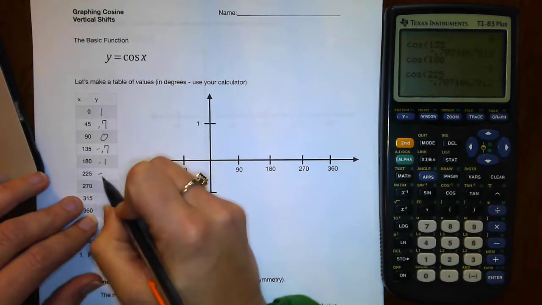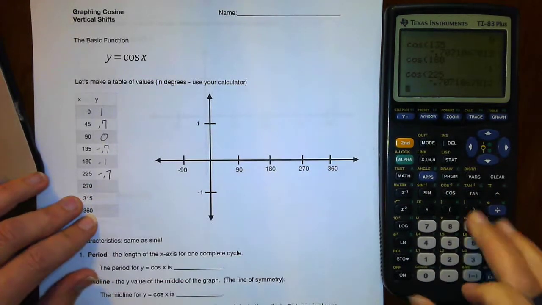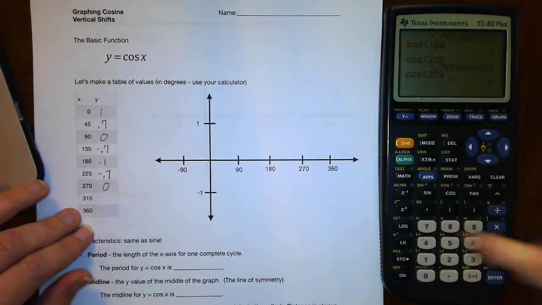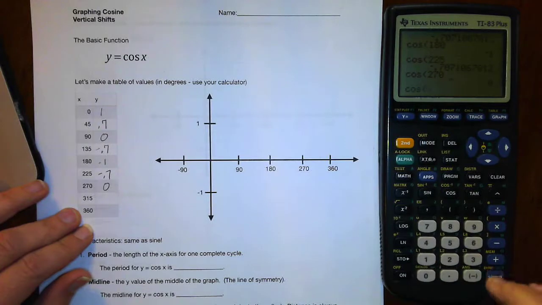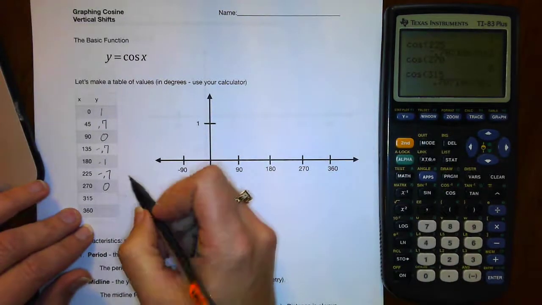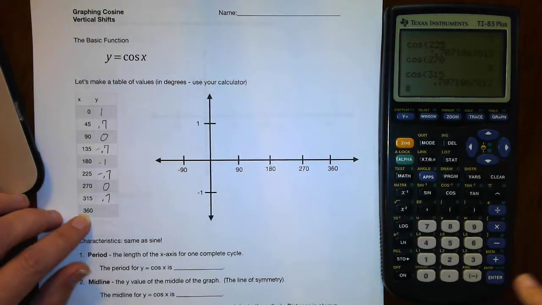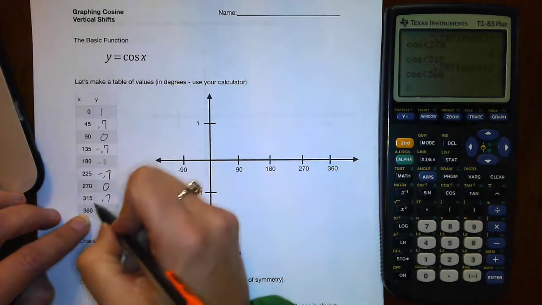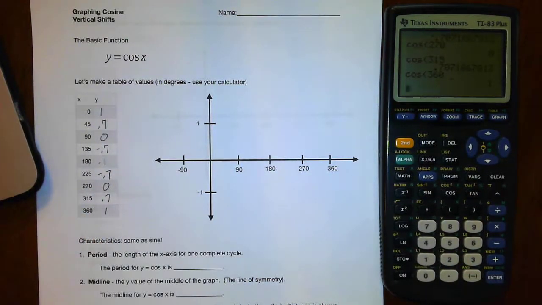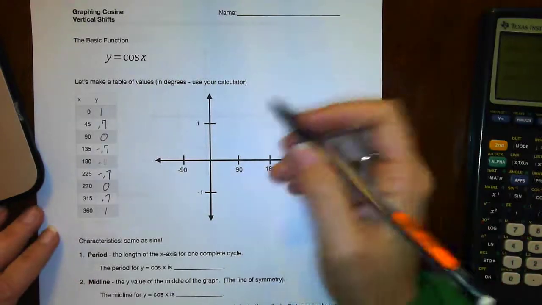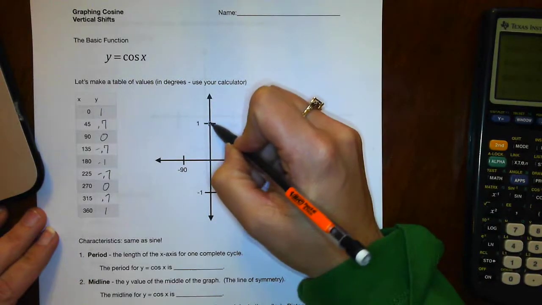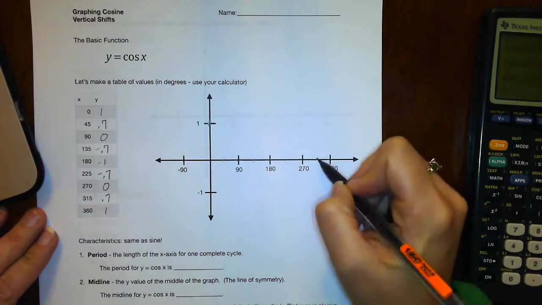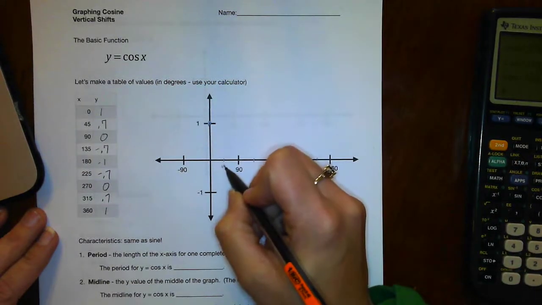In fact, we're getting all the exact same values, but we're not getting them in the same positions. And that's the only difference between cosine and sine. It's the same numbers, it's just the pattern falls sort of in a different location. So now if I go to the table and I graph these, 0 goes with 1. 45, remember our 45 marks, all of those 45 marks were in between. So this is 45,